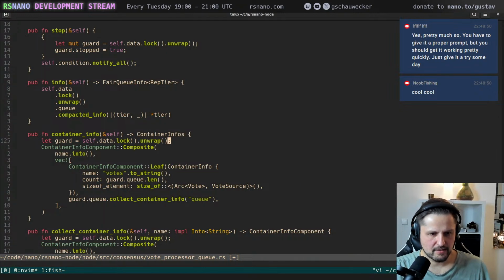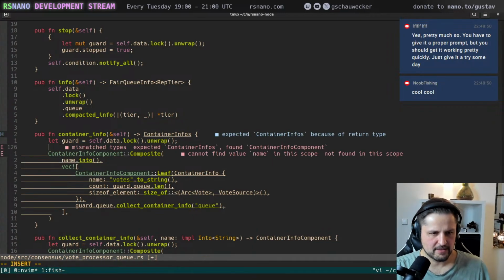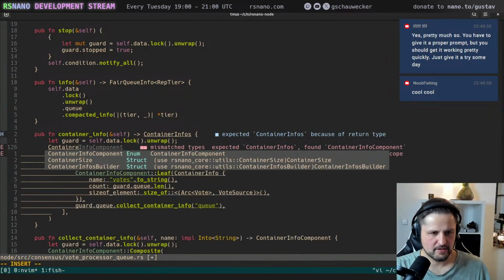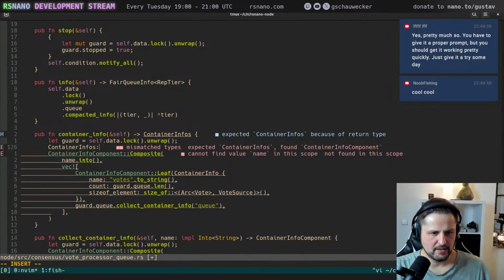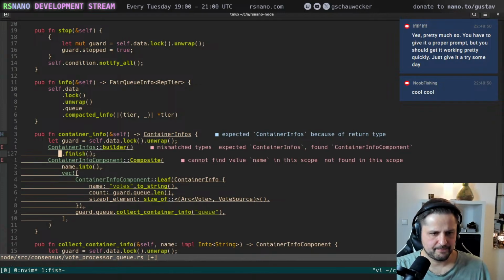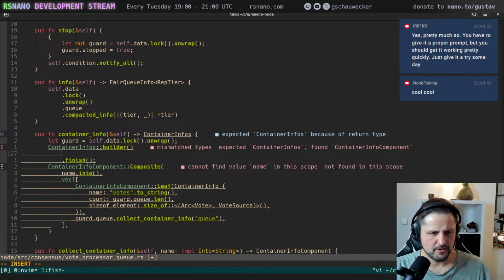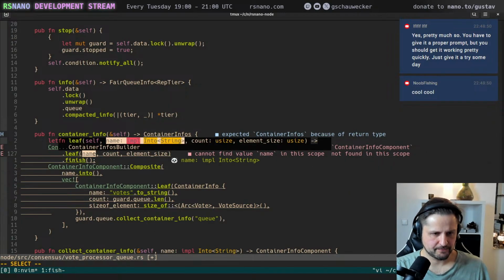And this contains two items. So here we have to say container infos builder, and the first one is a leaf.